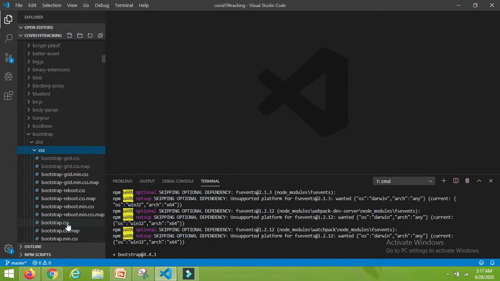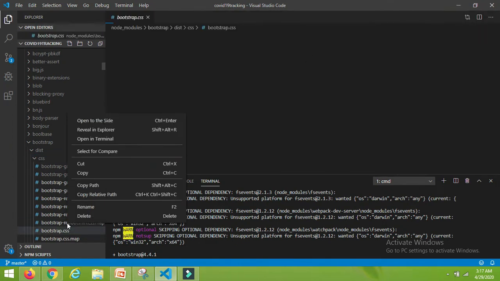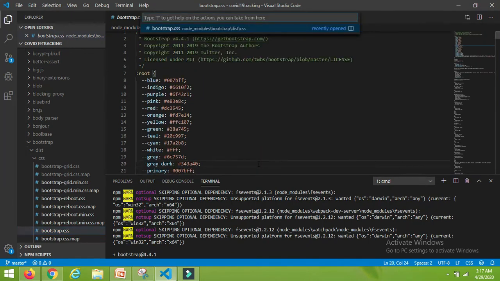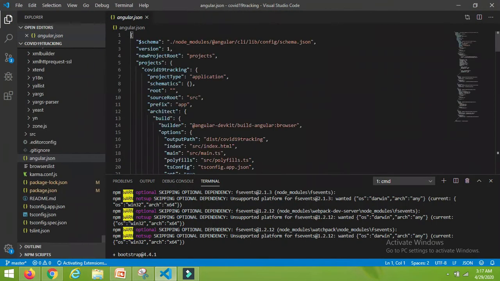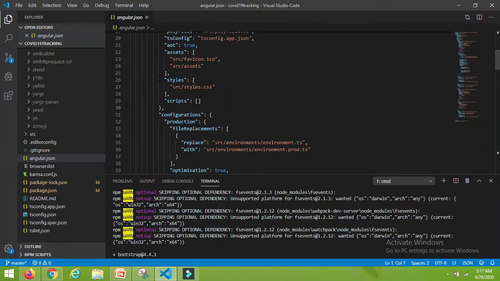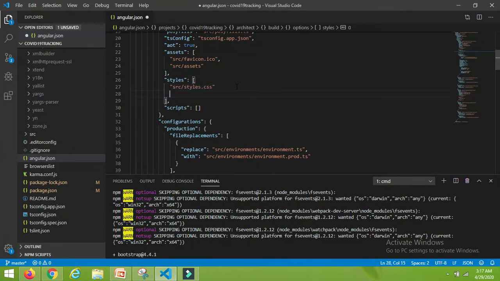So let me copy the relative path, and now open the file, Control P, angular.json. In this file you will find the tag that is styles. It is the array of the style sheet.